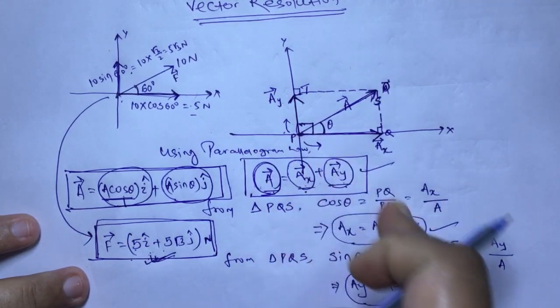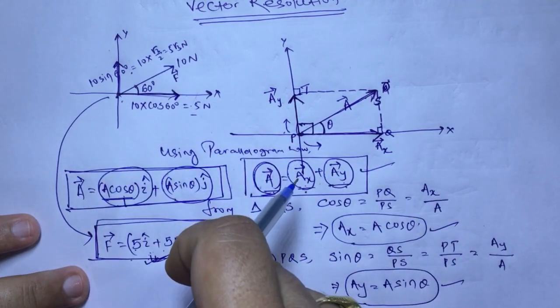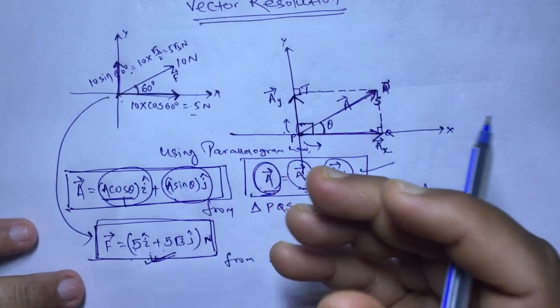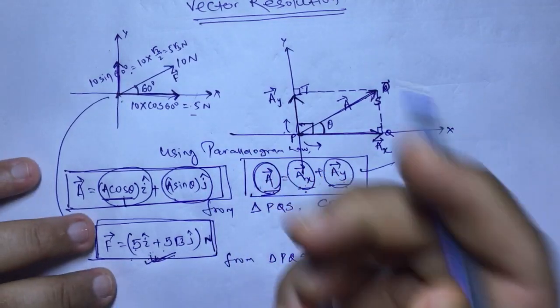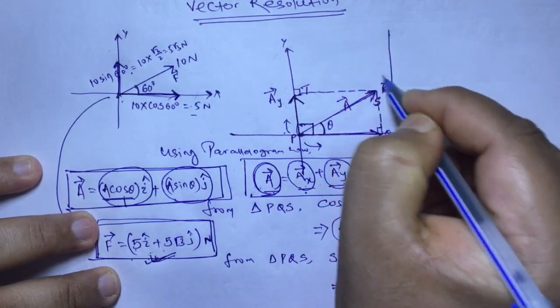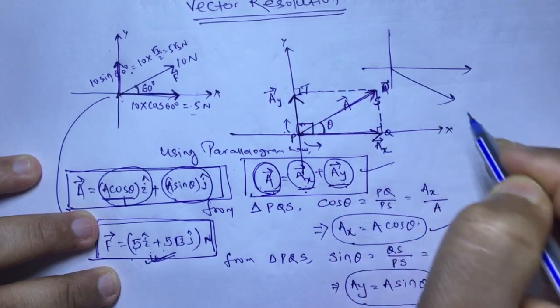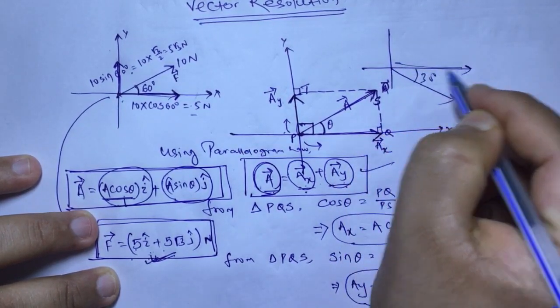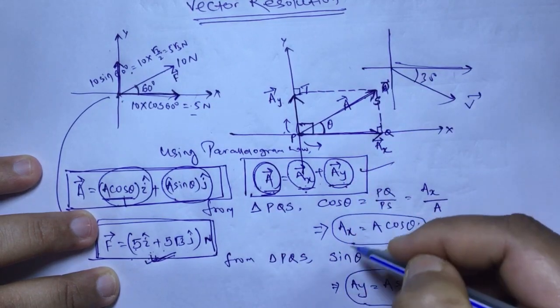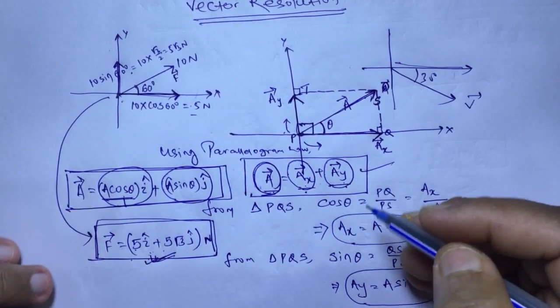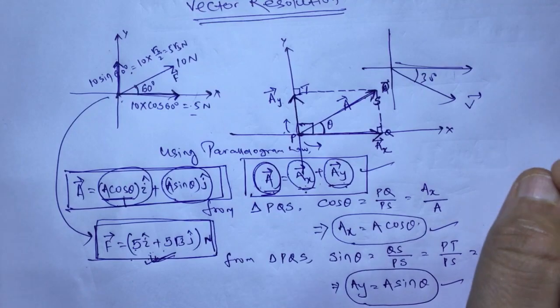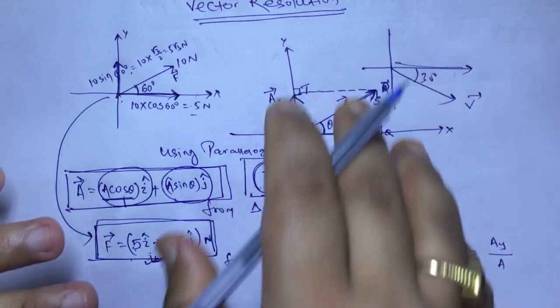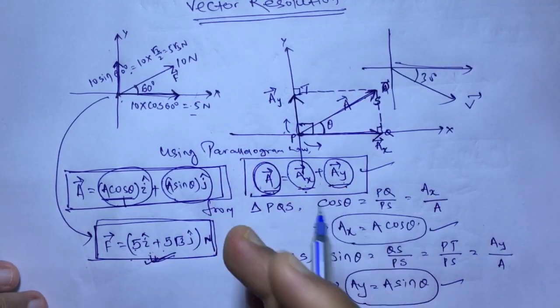Now let us look at some other example, because in exam you cannot do all this A cos theta, A sin theta like this and then find the form. So let us check, is there any shortcut? If a vector is given here, v vector, and this angle is 30 degree, shall I have to draw this triangle, then derive this, and then do it? Or is there any shortcut or trick? Let us understand that, so that the mathematical form will be easier.